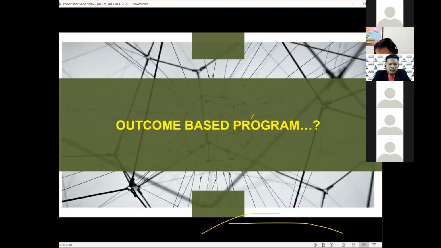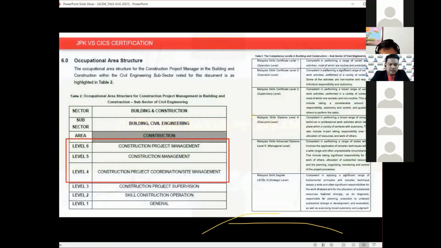Okay, the CIDB program, as we mentioned before, is actually using outcome-based assessment. Previously, we didn't use outcome-based, we used pass or fail. But now we're more specific and more numerical in this matter. We want to put numbers. Pass, how many percent? Fail, how many percent? Module A pass, what is the grade? What is the percentage you have scored? So basically, these are the things that we want to introduce in this outcome-based program.